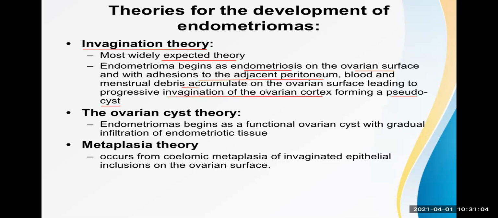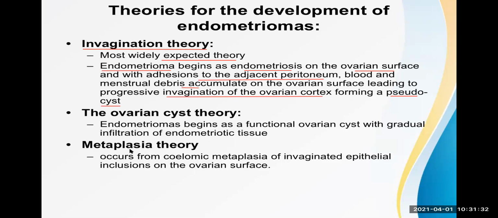This may be a bit confusing for you, but let me make it easier. They are explaining the formation of this mass. Okay, this is a mass. This looks like a tumor. Omentum is there at the end, remember? So it looks like a tumor. It is not a real tumor though, it is a chocolate cyst. So before we understand this, we should understand how endometrial tissue develops there. There are multiple theories for that.